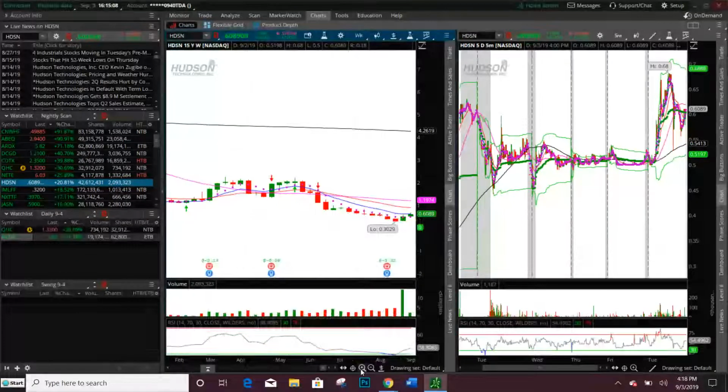HDSN, I'm not putting that on. You can see that it couldn't break above this 9 EMA, so I do not like that. Let's take a look at